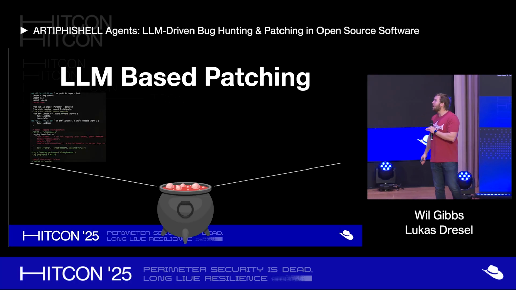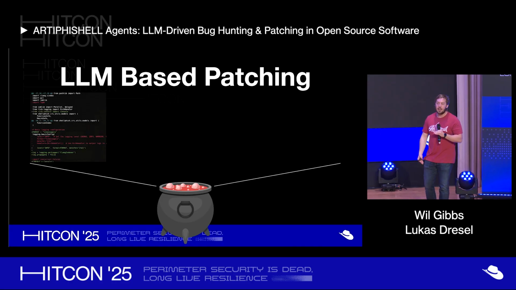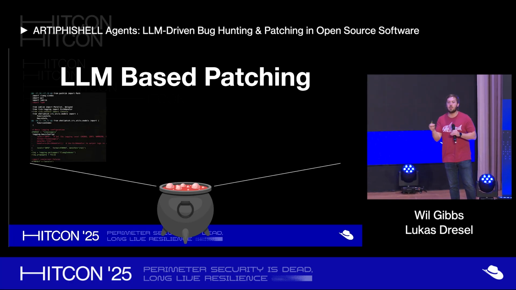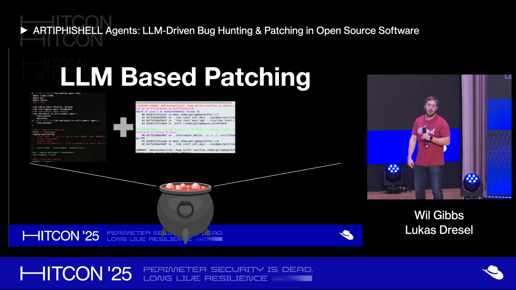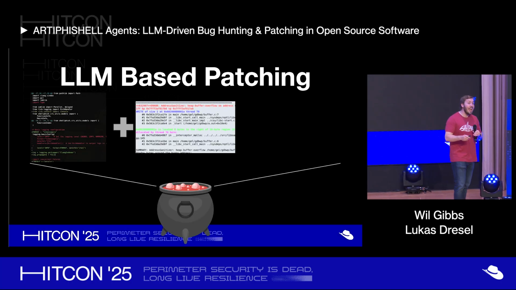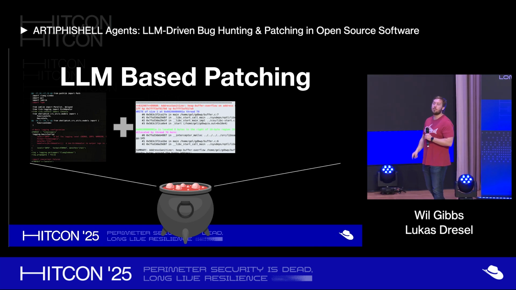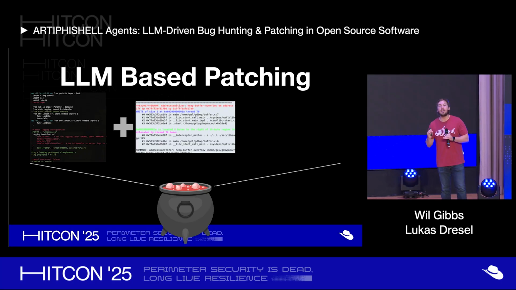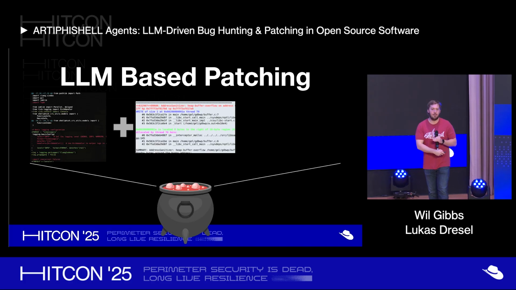So first off, you give it any sort of code context you have. If you have the diff, fantastic. If you have the root cause location, fantastic. If you have any other sort of tertiary information regarding where it should look, like the POI clusters given by Kamushi, fantastic. Then you give it the stack trace. You say, hey, explicitly, this crashed here. This was the reason. I had a buffer overflow, because the bug type matters. The bug type has a lot of encoded information of which type of patch it should generate.